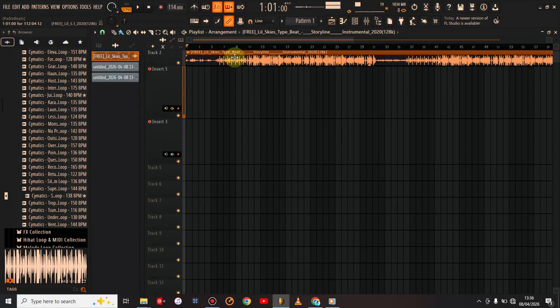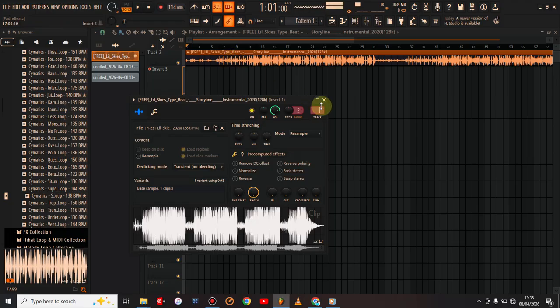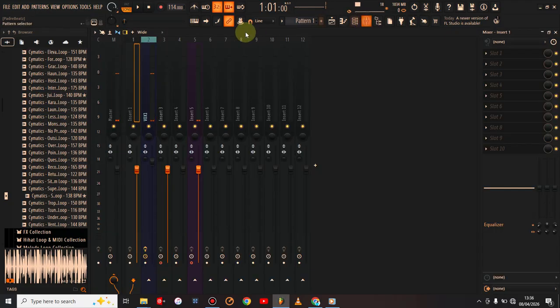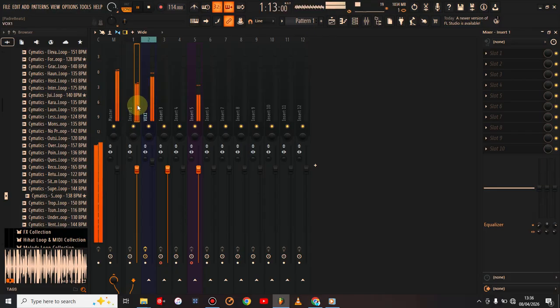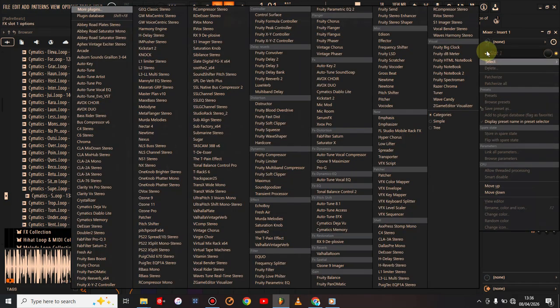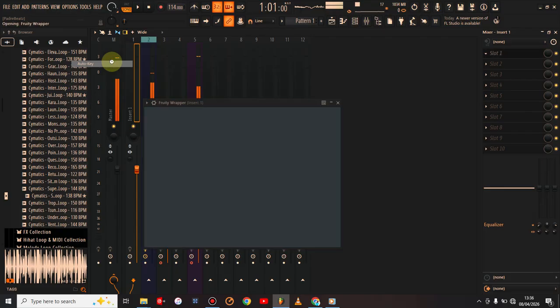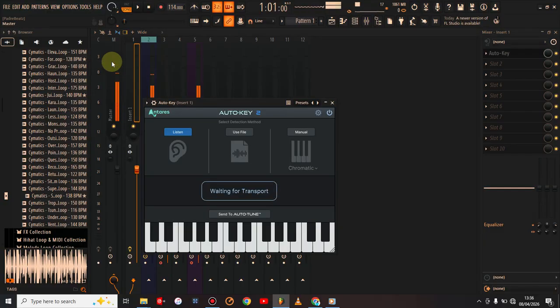So first of all, you need to have your beat routed or sent to an insert. Let's say I have sent this beat to this insert here. As you can see, if I play it, this is where the beat is sent to. The next thing you need to do is, on the insert of your beat, find the plugin from Auto-Tune that says Auto Key. So this is Auto Key, and if you actually want to do this to get the BPM and also the key, you will be needing